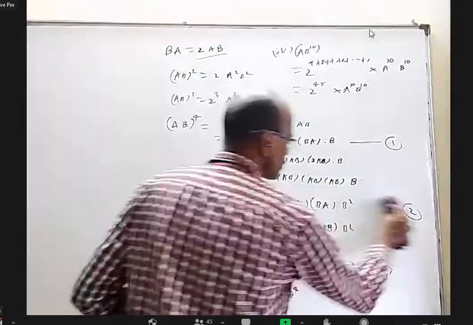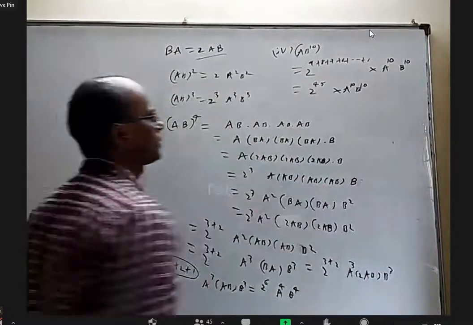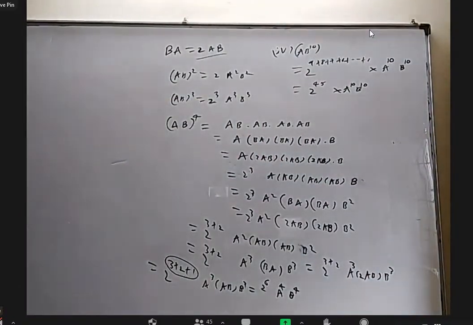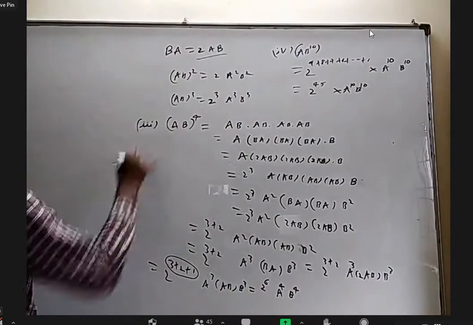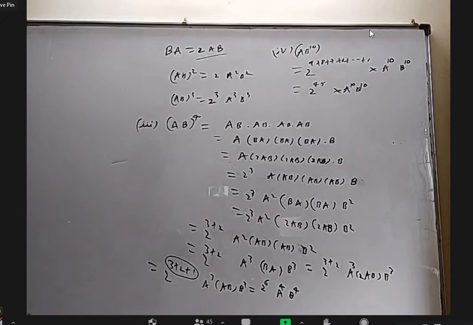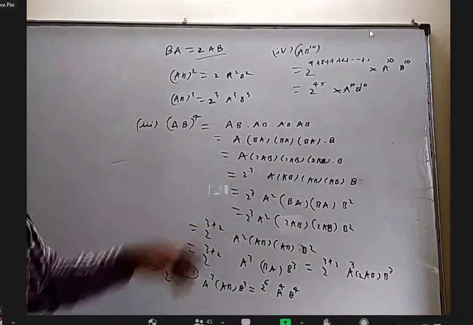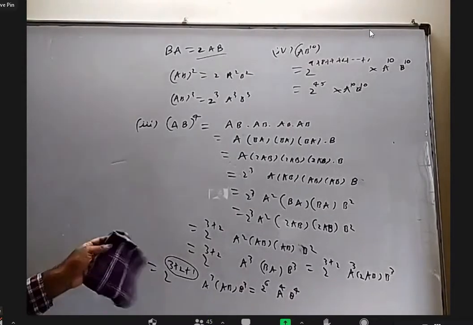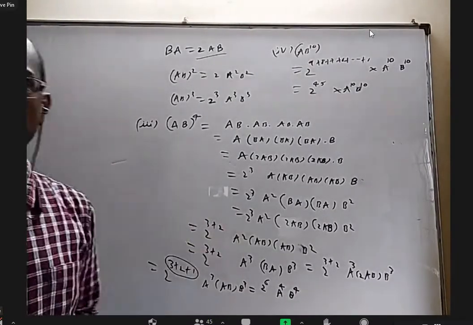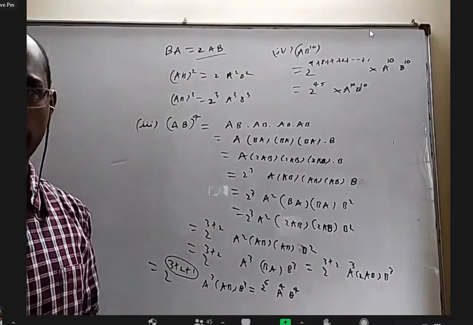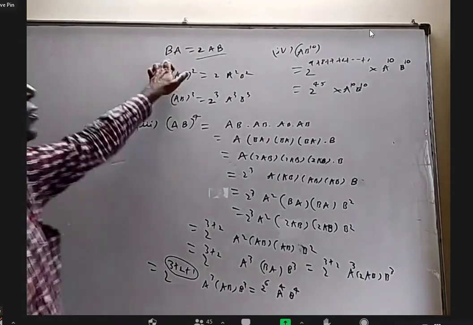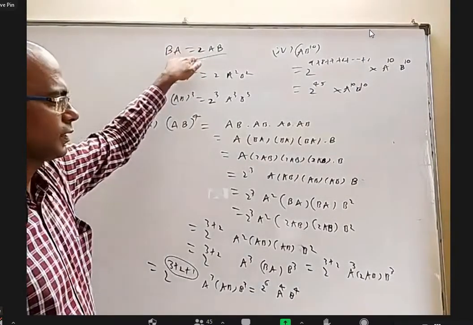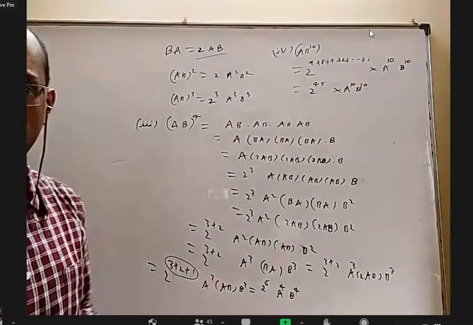Okay, somebody completed on their own. Those who have not completed, I want to write this to the third part of the solution. Sir, so by this we can conclude that (AB) whole square is not equal to A square B square. Yeah, these questions themselves can come in Mains or Advanced exam. Apart from that, one thing you'll remember for sure: it is not that (AB) whole power n, you can straight away write A power n into B power n. But if BA equal to AB is given, then yes, we can say it is A power n, B power n.